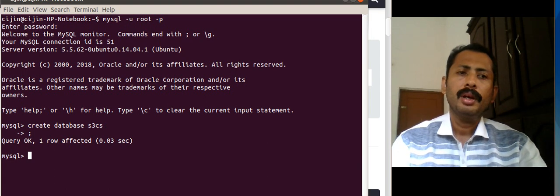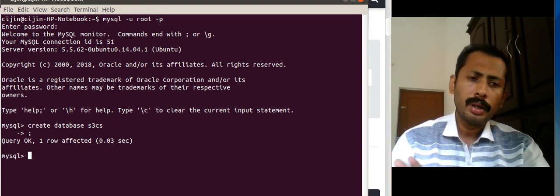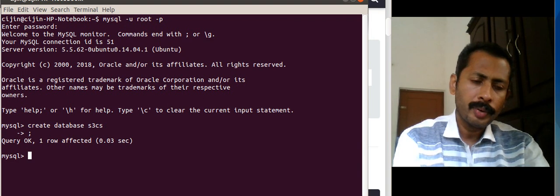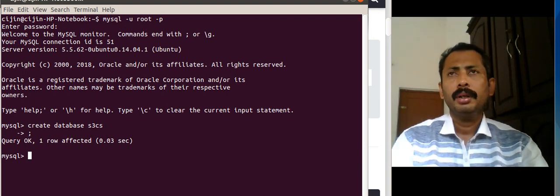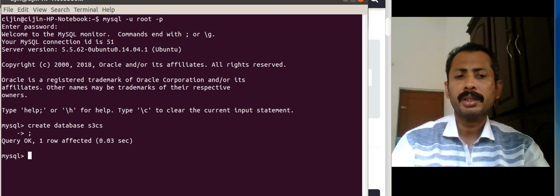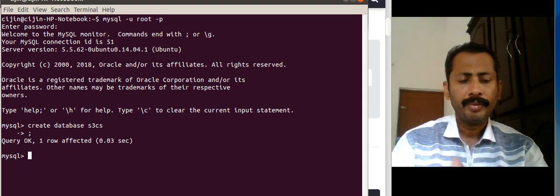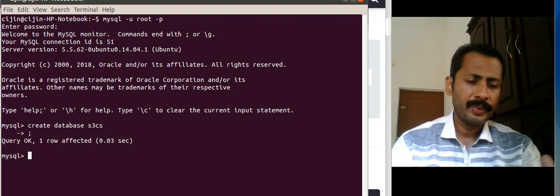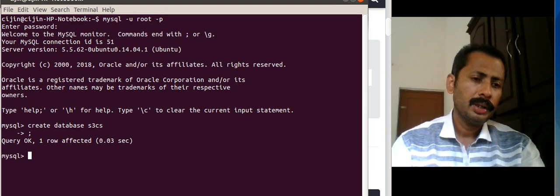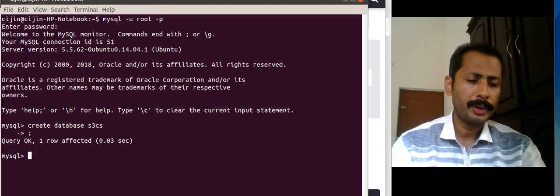Okay. Now I want to move to a database for storing tables. You can think of a folder concept. Folder means area to store files. If I have a room, if I have created a room, I have to move to a room for operation.